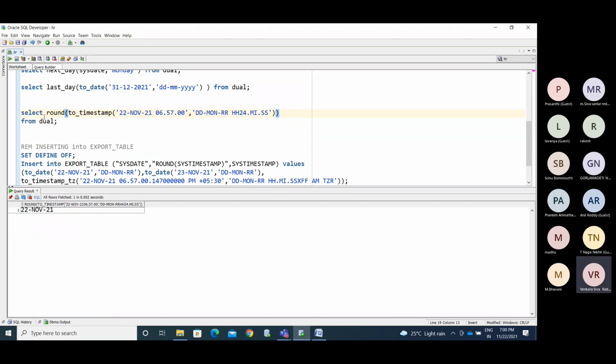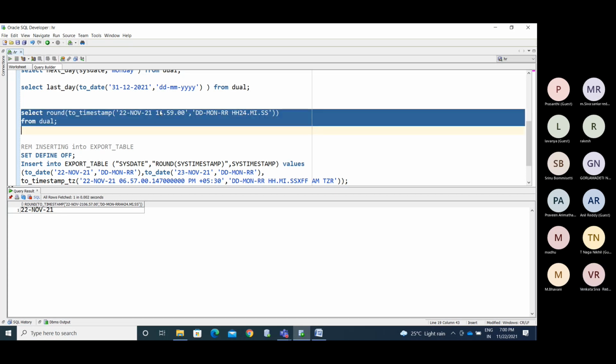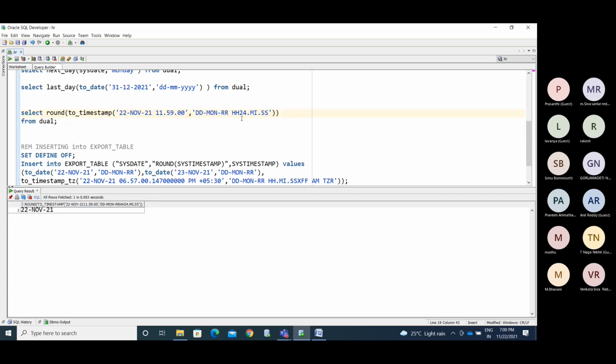You are getting the 22nd. Till 11:59 a.m. we'll get the 22nd.